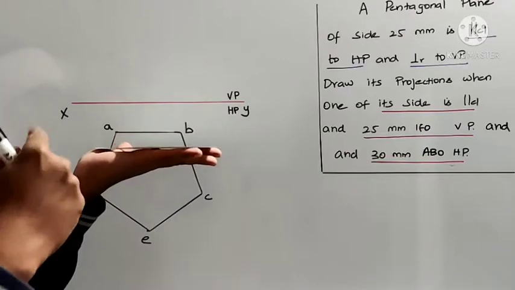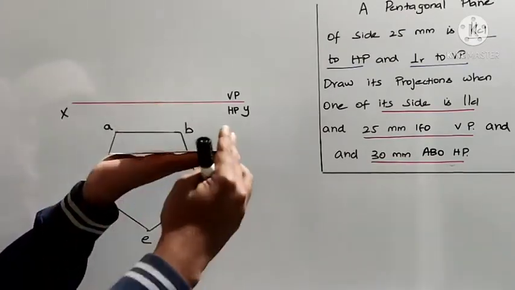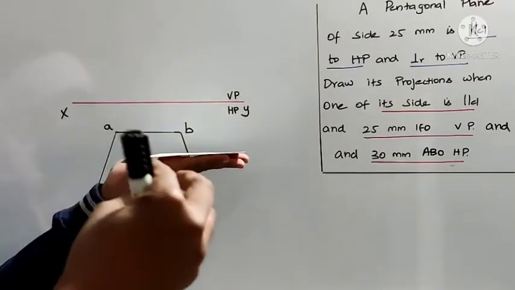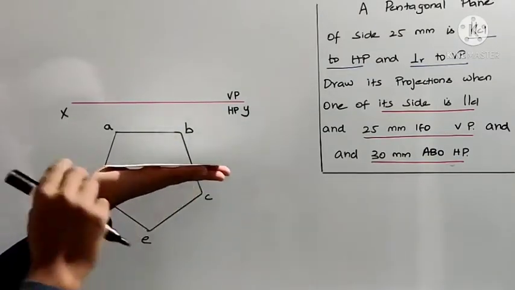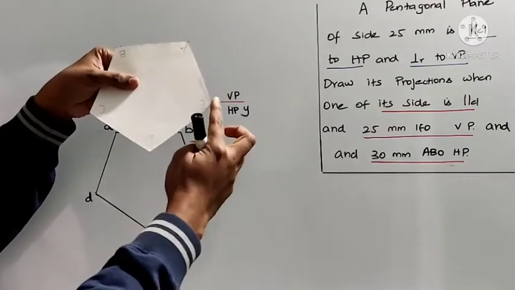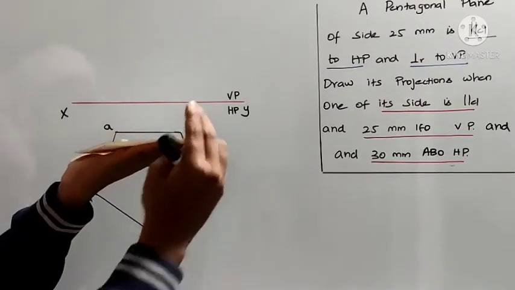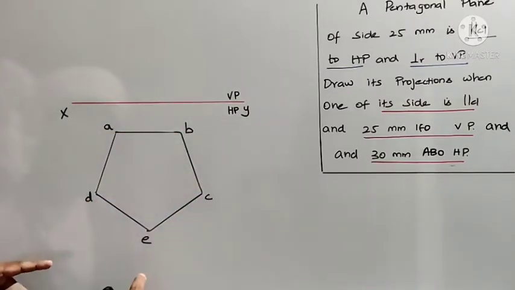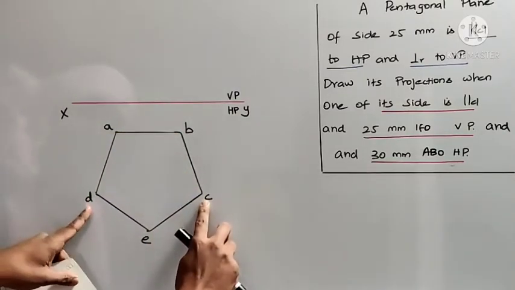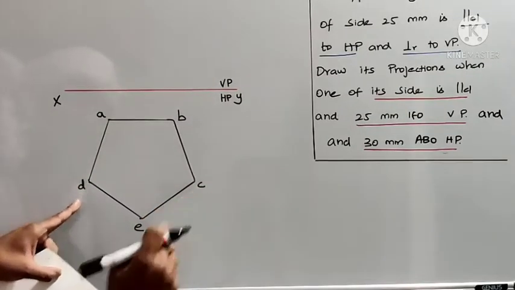So from here, if you see the extreme ends, the projectors will trace the extreme ends. So obviously if you are seeing from here, this will be the extreme ends, okay. It will trace the extreme ends and it will project. So if you are seeing from here, the extreme ends are C and D, okay. So the extreme ends will be C and D.